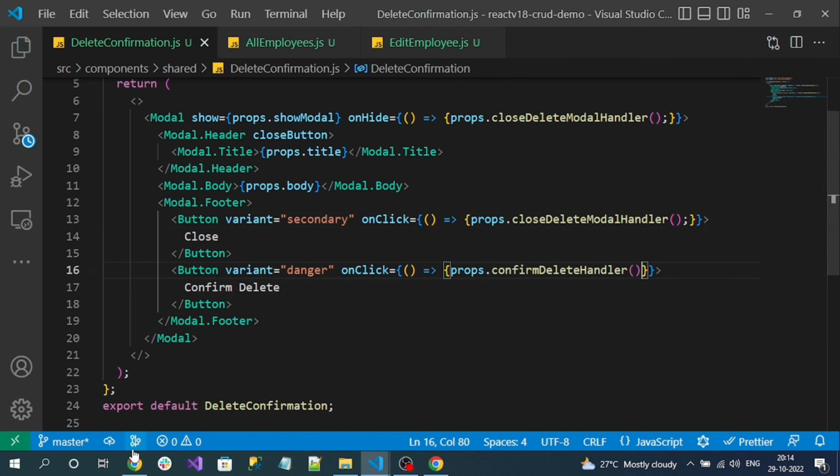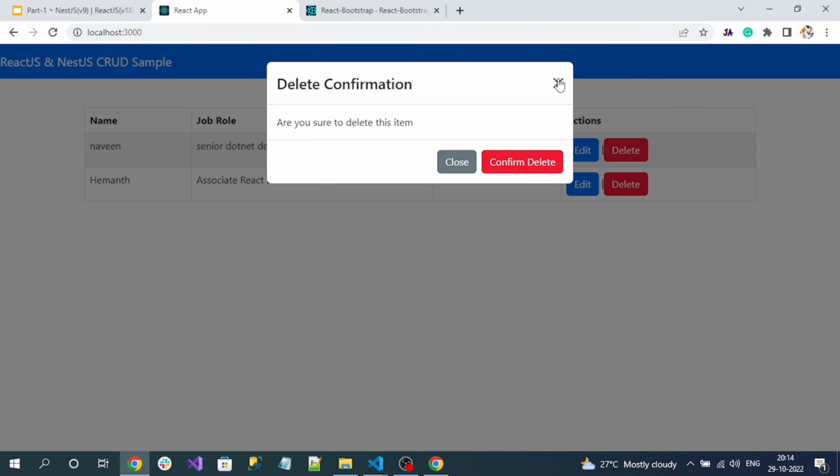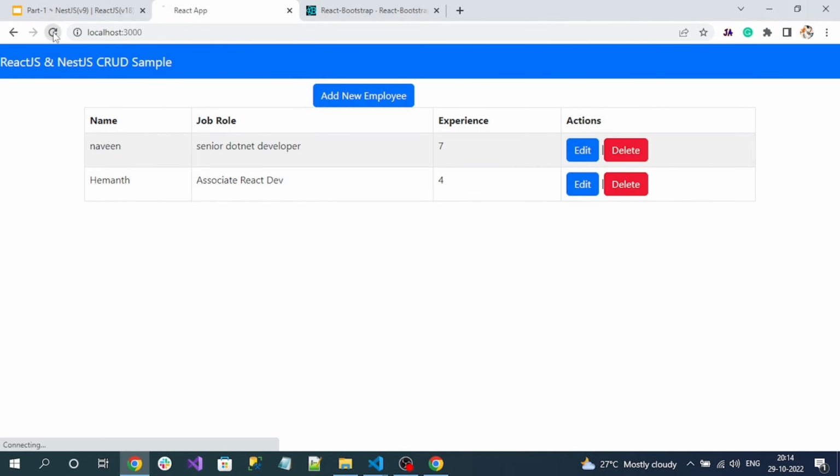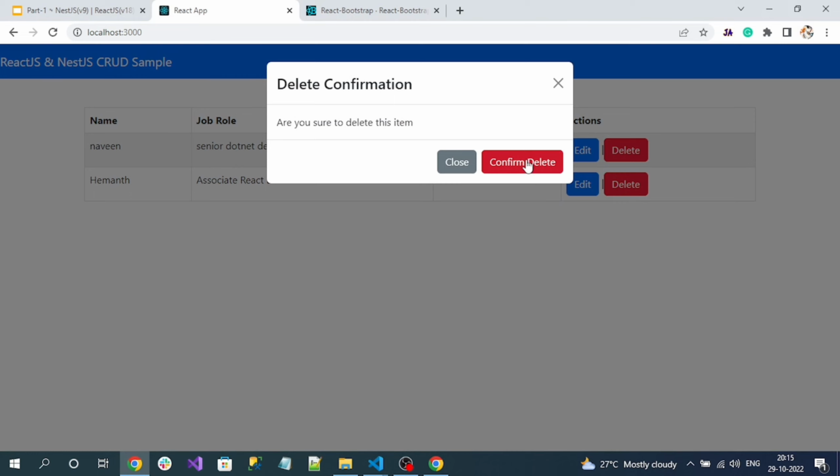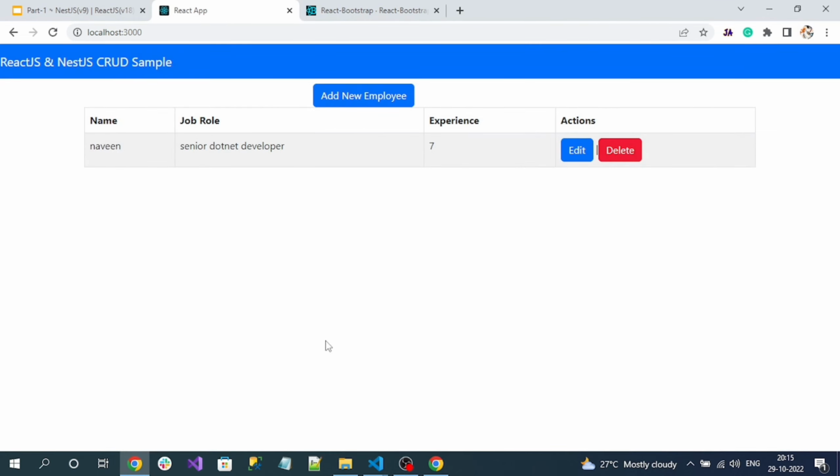Now if I check again, reload the page. Now click on delete. Now click on confirm delete. See, the record is deleted. If I check network calls, see, this is the delete API call and it is successful. If I refresh the page also, I will get a single record only because we have deleted the second record successfully. So that's all about